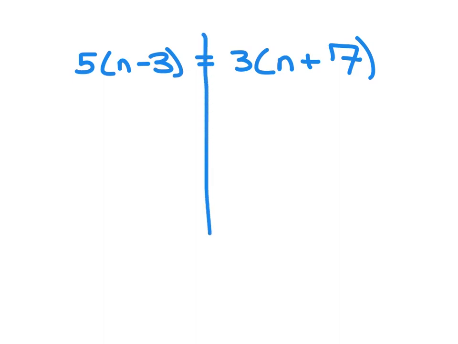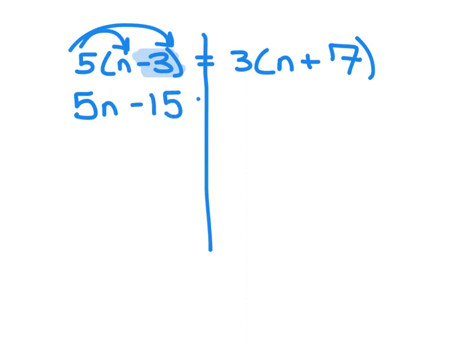Okay, so let's go ahead and solve. I'm first going to get rid of my parentheses by distributing out my 5 on the left. 5 times n is 5n. And be careful, this is a negative 3. That minus in front of that 3 is the same as a negative. 5 times negative 3 is negative 15. So I'll write this as 5n minus 15 equals,